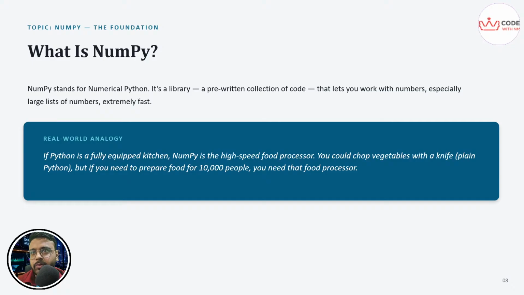Okay. Before taking the real world example, I need to answer one doubt in the live chat. Bro, I have a question. What is the difference between tuple and list? So list is mutable and tuple is immutable, and the basic difference is tuple is defined by parentheses, round brackets, and in list we have square brackets. Other things are the same, but the major difference is mutability.